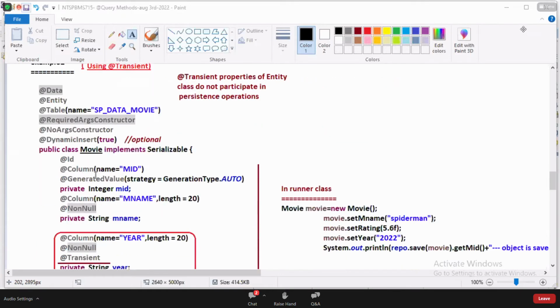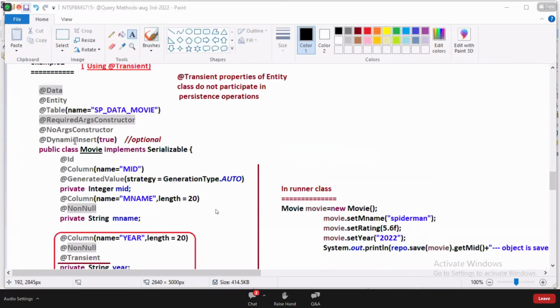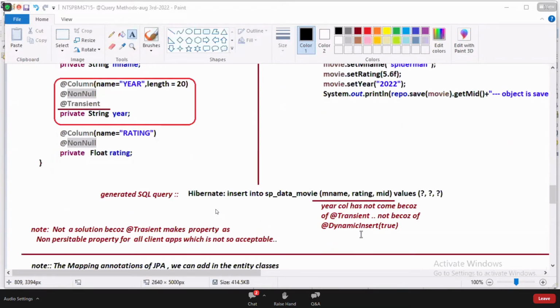Look at the same thing. In an array, implementing Serializable is optional. Fine. See, guys, on which property have I written transient here? Whether dynamic insert is there or not, that property will not participate in the persistence operation.